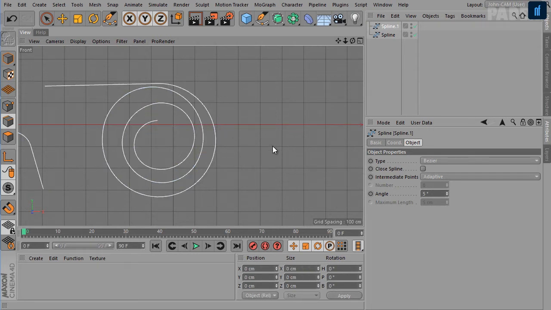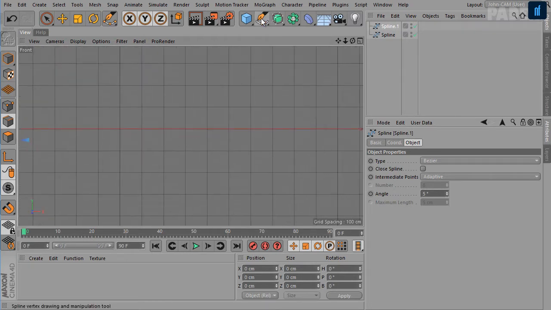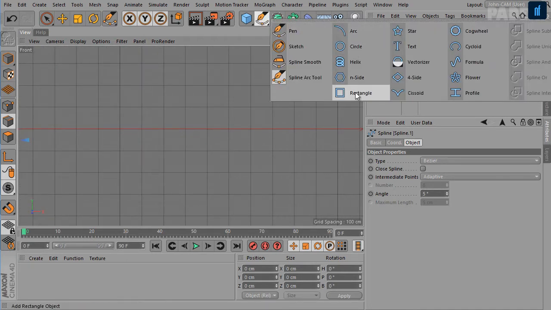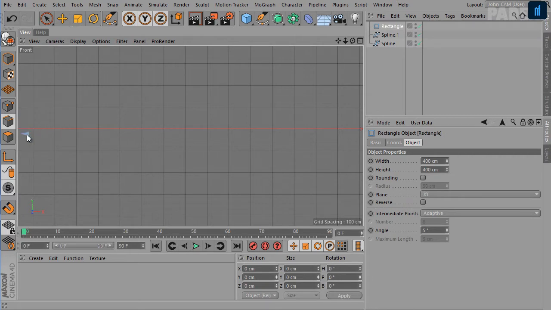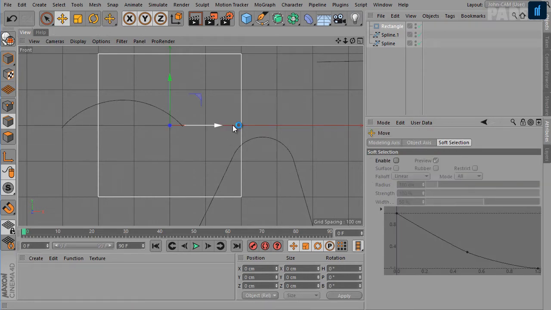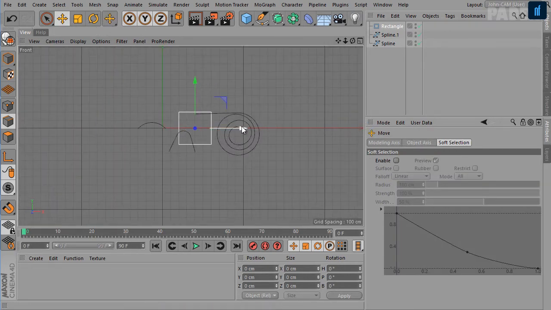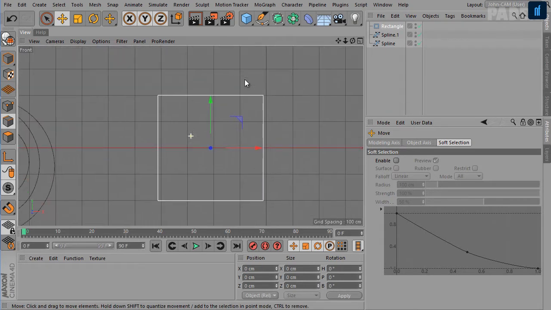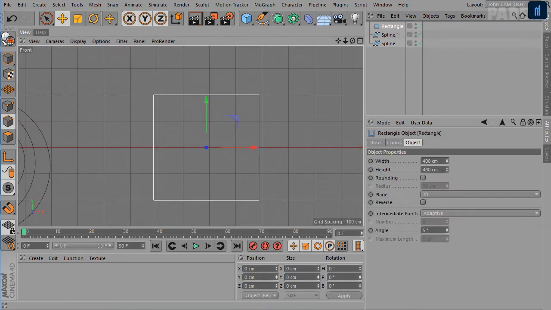I'll show you one method in which you can change the shape of the corners of spline primitives. So I have a rectangle here. Let me move it over to this side, and I'll give it some rounding.